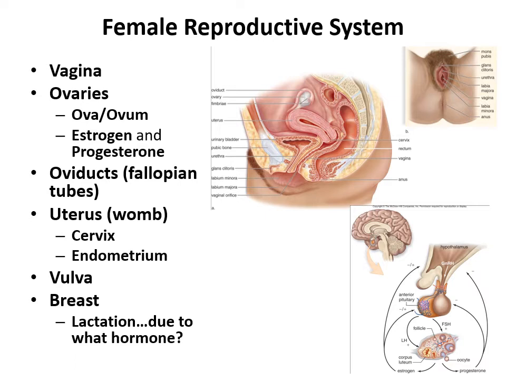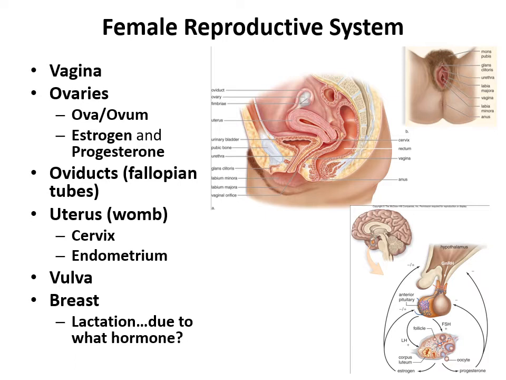Then there are the oviducts, more commonly called fallopian tubes, and that is the site of fertilization. That is where the sperm will meet the egg, and the tubes also allow for the movement of the egg through them. So circle, star, highlight oviducts and make sure to note that that is where fertilization is supposed to occur.